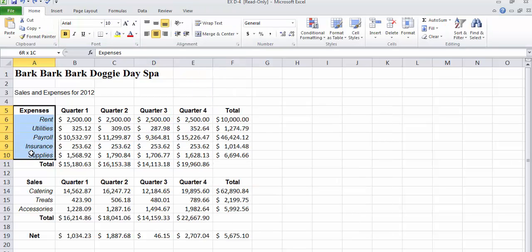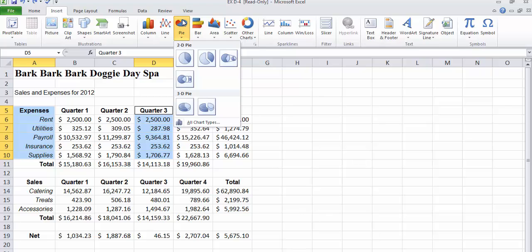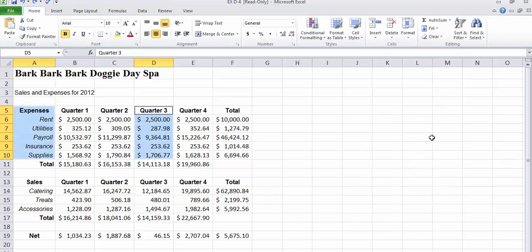So if I hold my control key down and I hit Q3, now while I'm holding down my control key, now select a pie chart, and I can get a pie chart for Q3. So if you want to select the different ranges, that's how you do it. Now let's go to something real fun, and that is